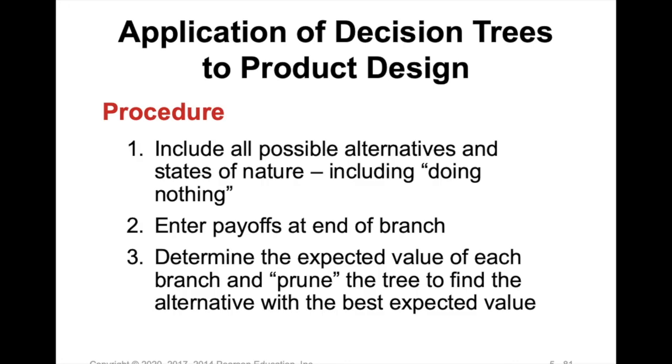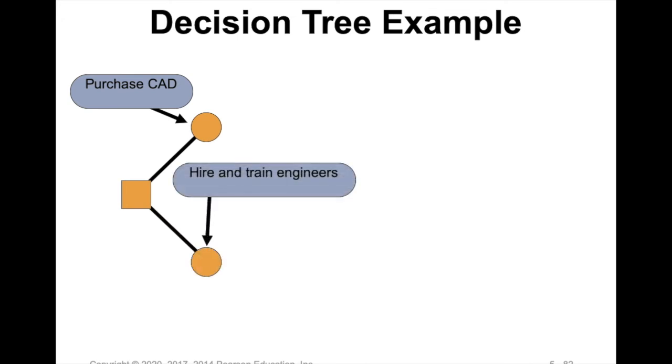So how you do it is first you include all possible alternatives and states of nature, including not doing anything, and then interpret at the end of the branch. So this is actually referring to our book, page 221, example 3. Determine the expected value of each branch and prune the tree to find the alternative with the best expected value. So dalam ni